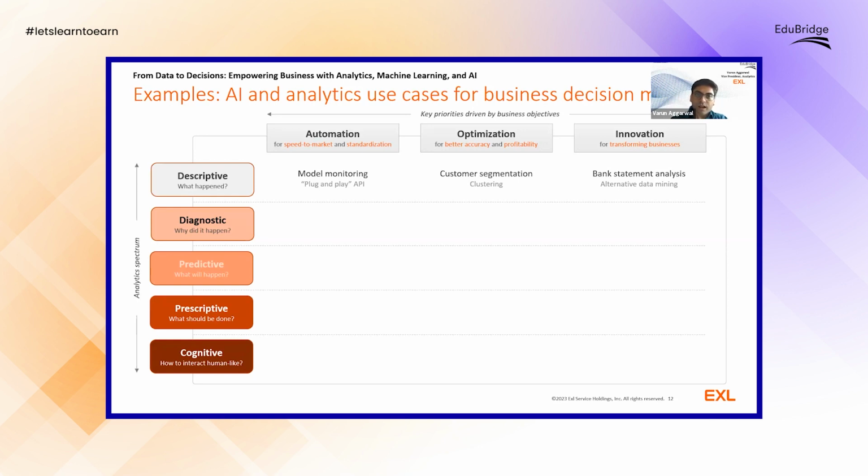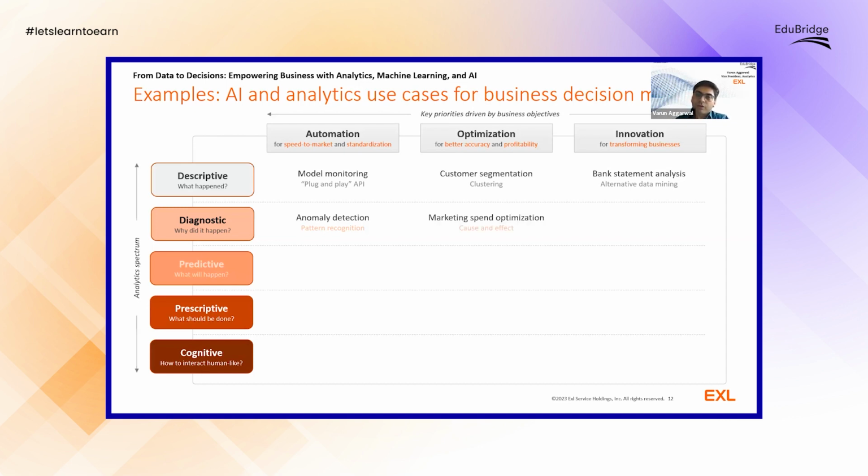If you up the game and move towards the diagnostic part, then there's a use case of anomaly detection. It could be in any industry. Let's say a manufacturing firm. You're creating a bunch of units of product, and you need to understand what's causing the anomaly. First of all, you need to understand where that anomaly is. So to detect that anomaly, again, pattern recognition would be required, and there are certain algorithms and theories that can help detect the anomalies through outlier detection.